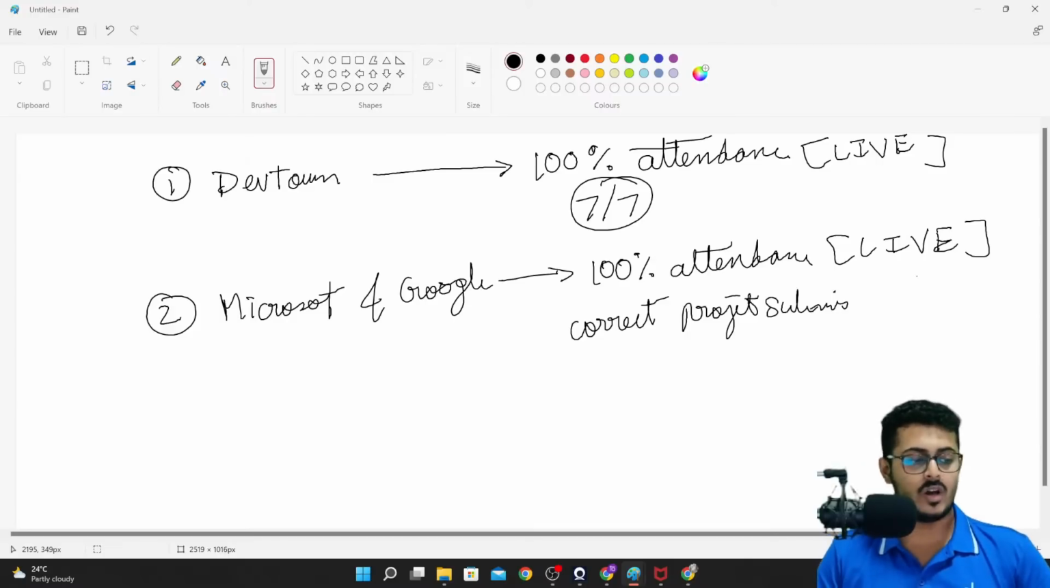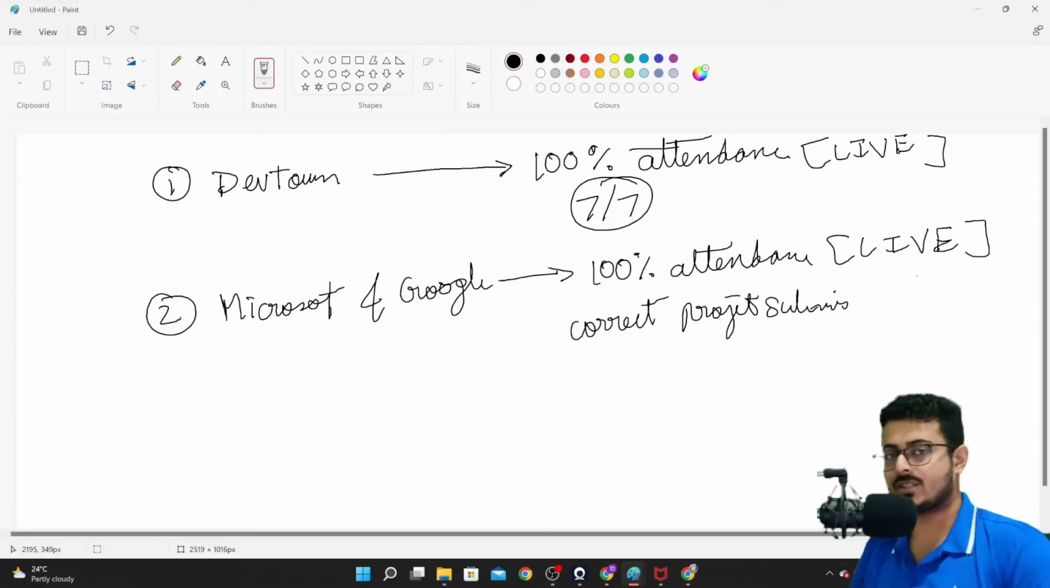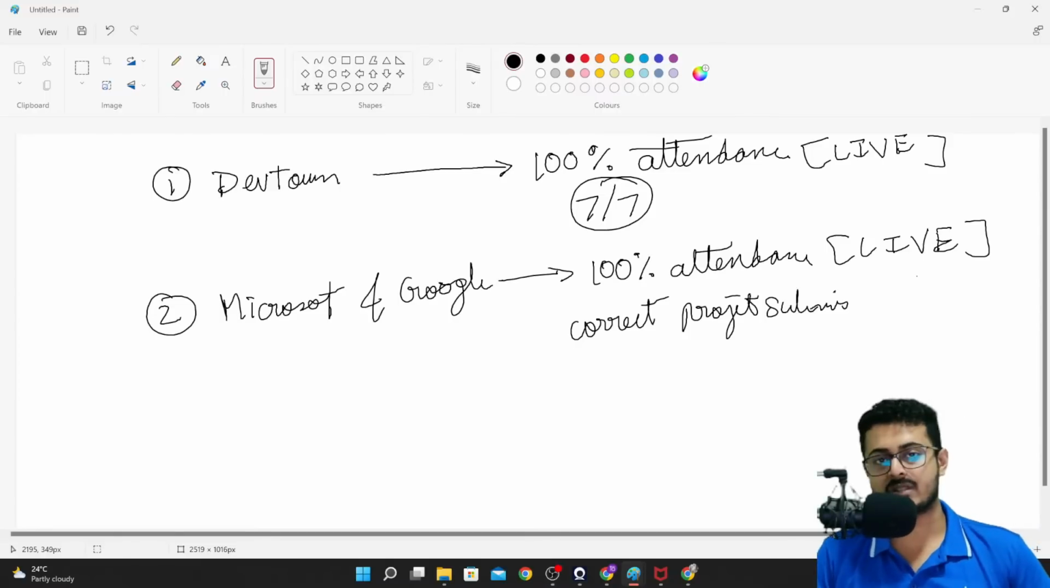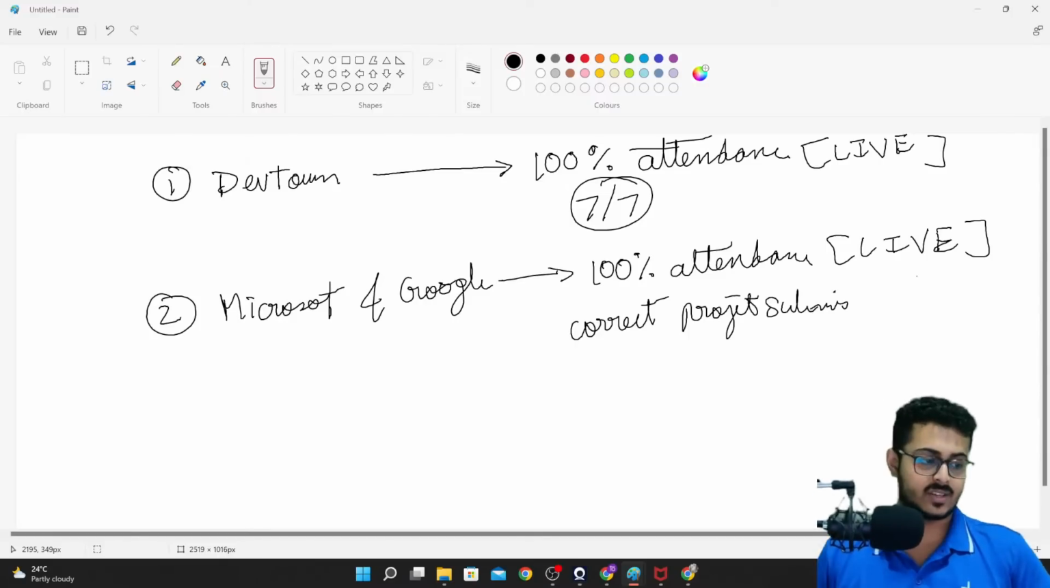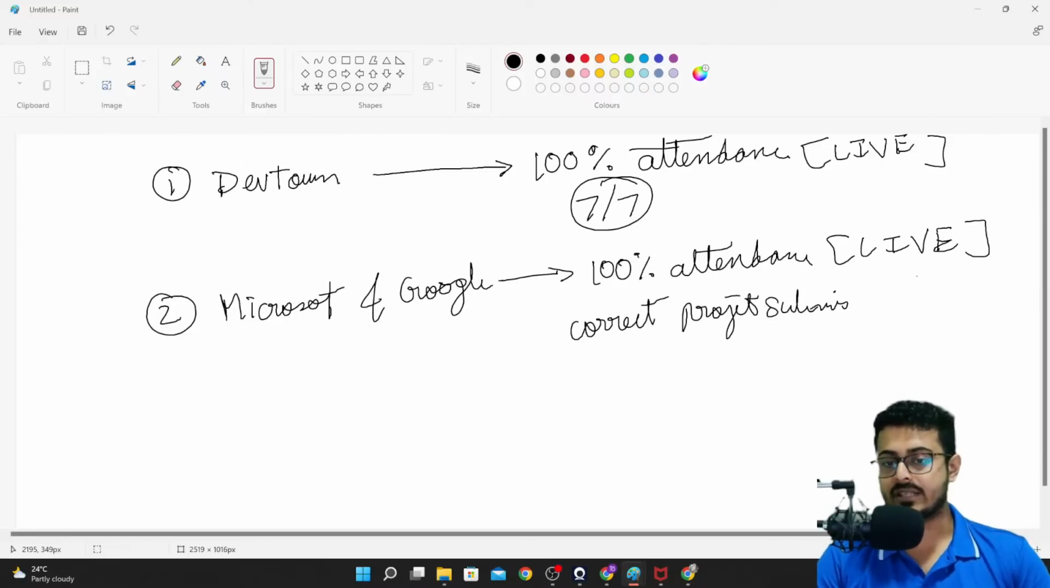Okay, so let's move on from right over here, guys. No, you cannot use VS Code. Because like I said, you will have to submit the project in Code Sandbox, so you cannot use VS Code, guys. Okay, so now I've made you understand: 100% attendance live, 7 out of 7 DevTown certificate,